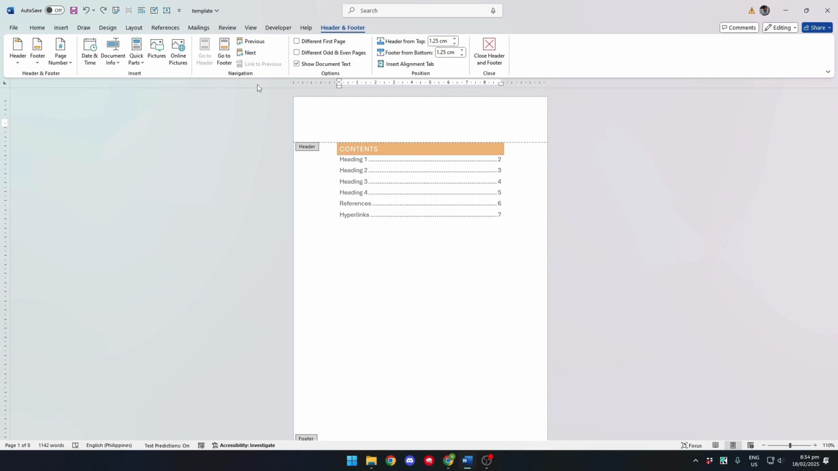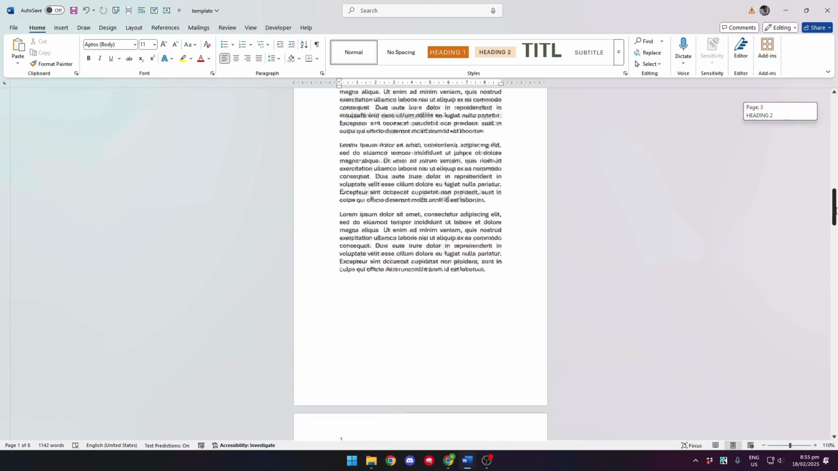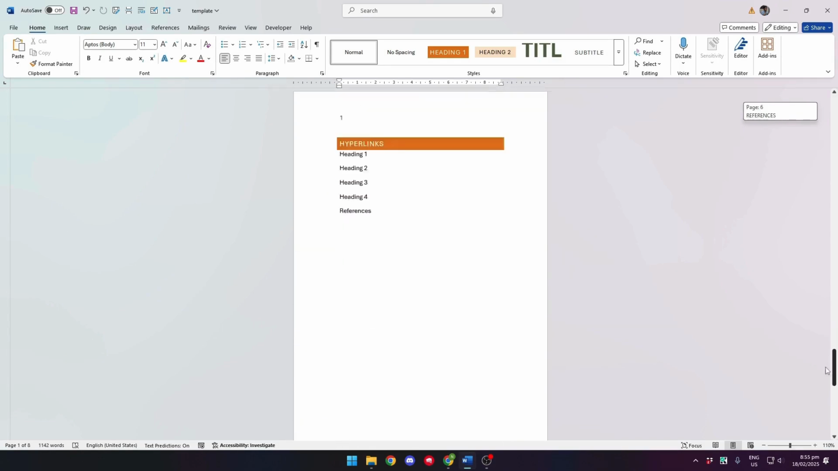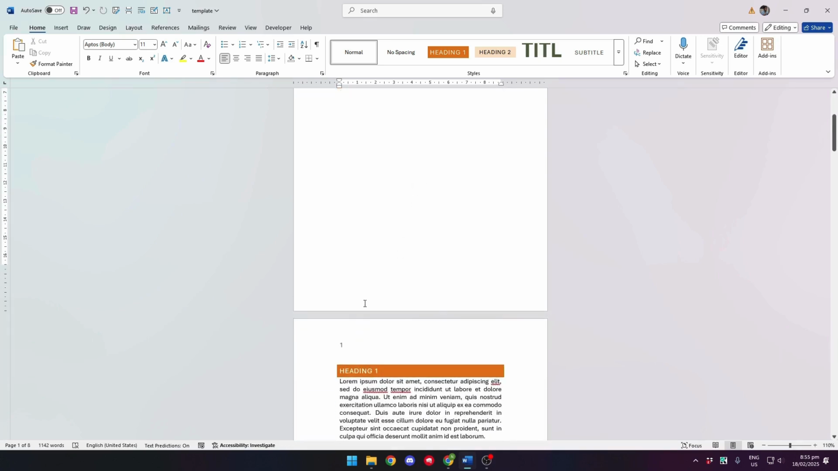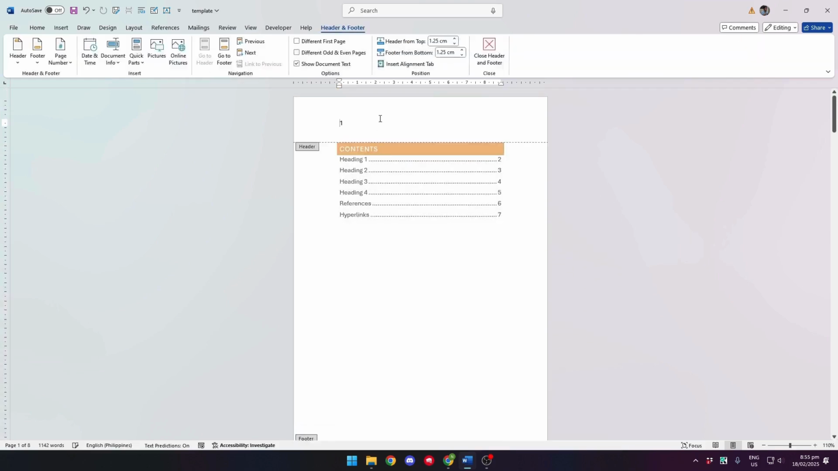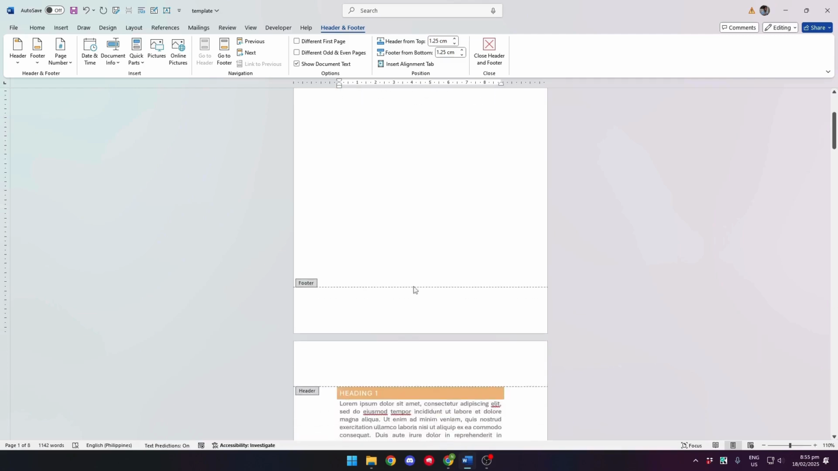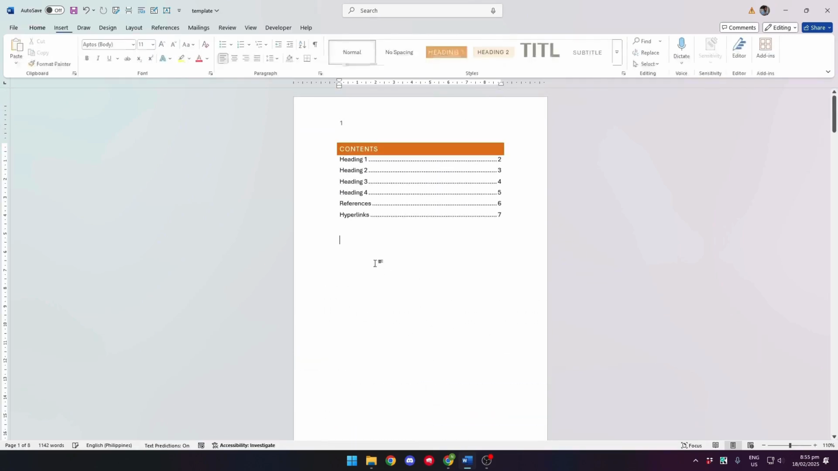Let's just simply type in 1. And as you will see, that header will be the same all throughout your document. Now, to delete this header, we first have to make sure that this header is in a different section from the second page header. So what we can do is click on the bottom of the first page, and let's